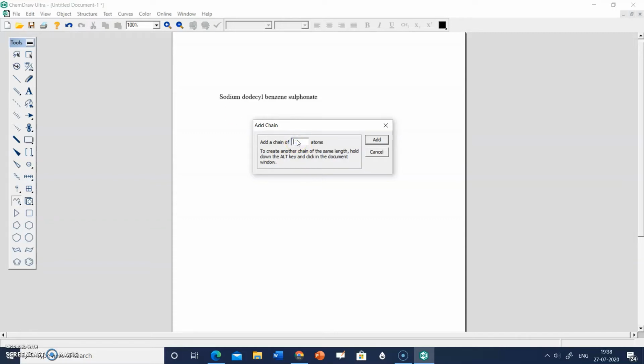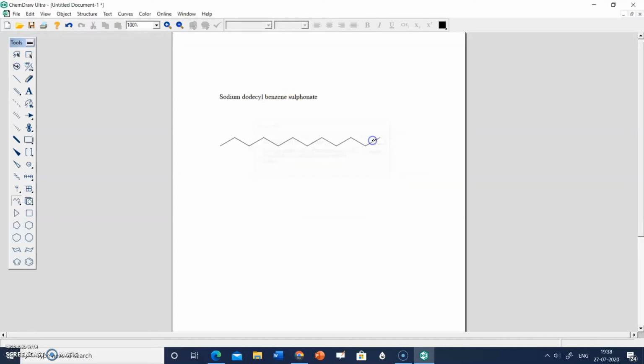So write 12 because dodecyl means 12 carbon atoms, then click on add. So this 12 carbon atom chain gets added. Now I want to add benzene. So click on the default structure of benzene and click on the part where you want to add benzene. So I'll click here and benzene gets added.